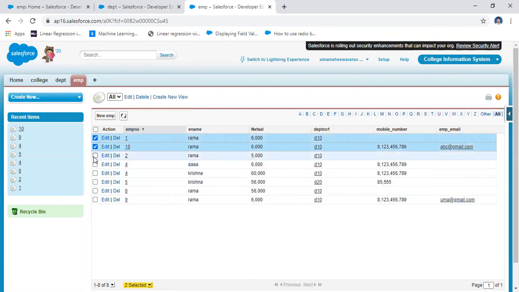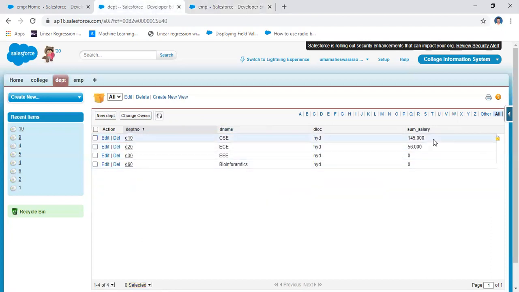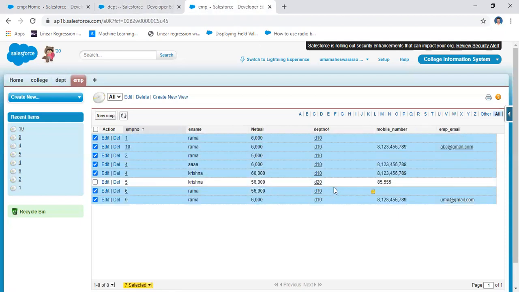This one is department 10, this one is department 10, and so on. The total salary of all of them, 6 plus 6, 12 plus 5, 17, 23, 60. The total salary for department 10 is 145,000. And then coming to department number 20, it consists of only one record.